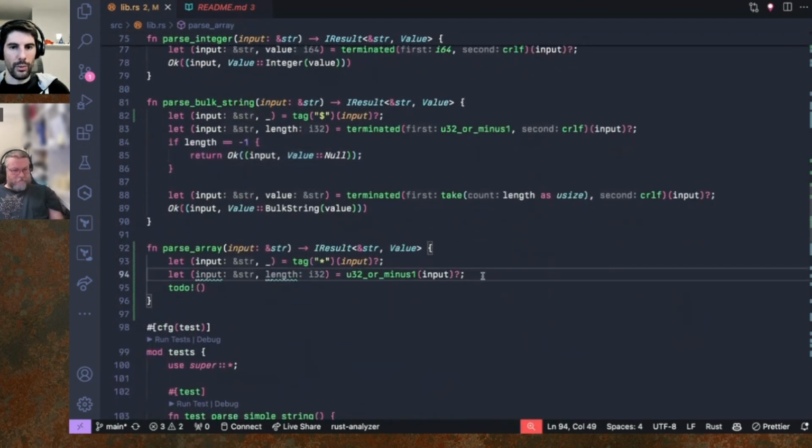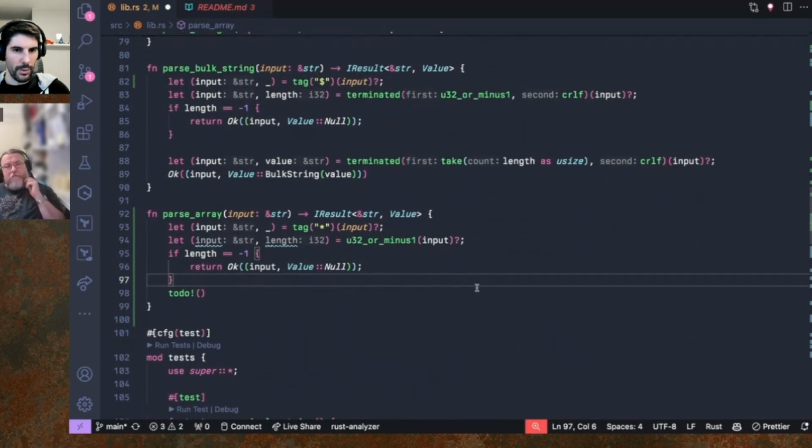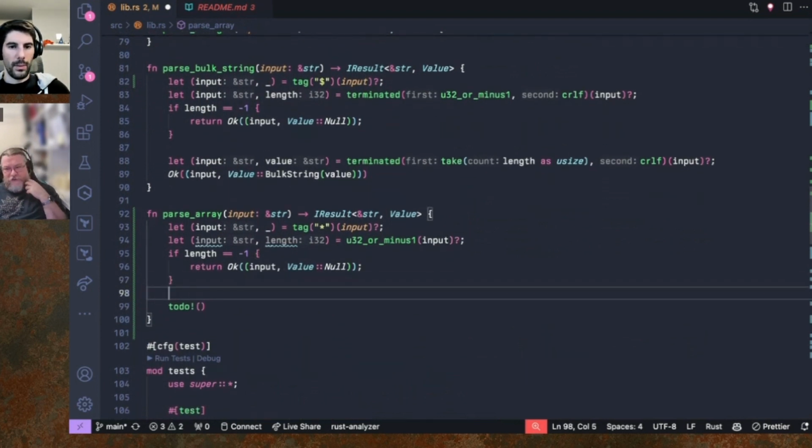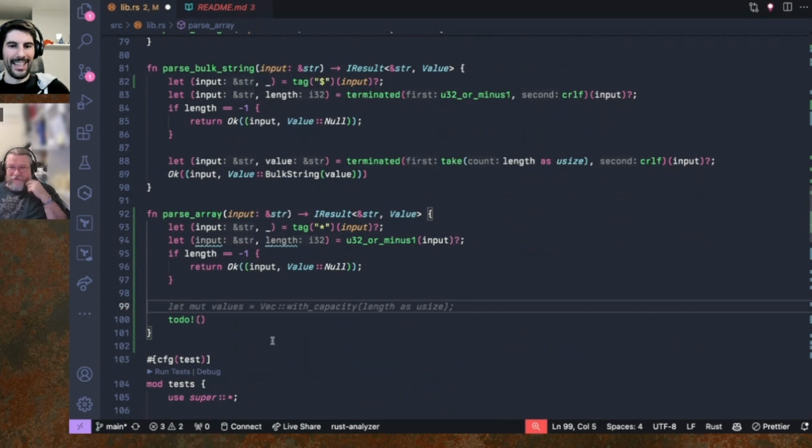I don't know if there is a way to generalize that, but for now, probably there is, but let's refactor when it works and when we have tests. Now, the next thing that we want to do